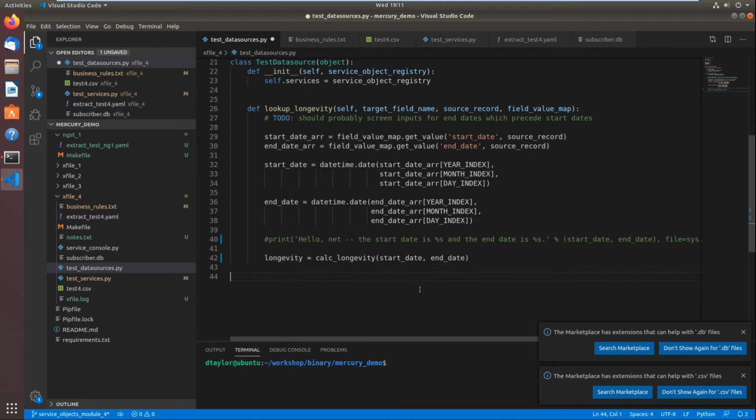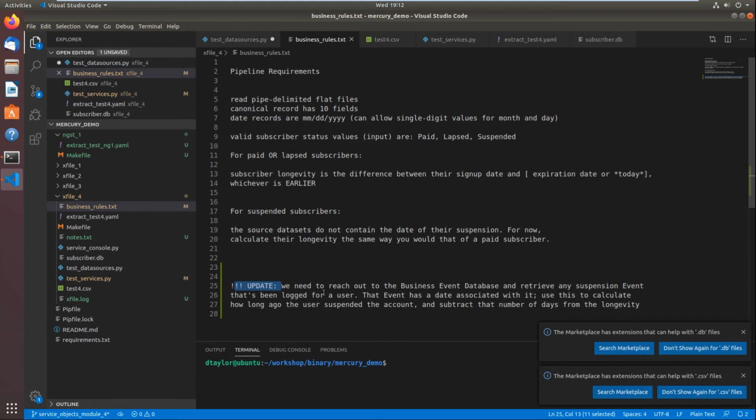Now we have some additional stuff to do. We know that we're going to return longevity, but between the time we look up the longevity and we return it, there's some work to do, because according to our business rules, we have to actually get that suspension event that's been logged for